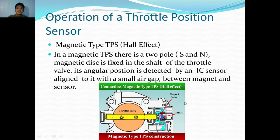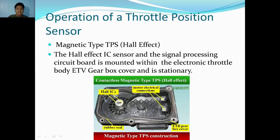So the magnets are actually connected to the throttle valve, and the throttle valve is the one that moves, so the magnets move along with the throttle valve. So it means that the Hall IC sensor is the one that is stationary. And we will read it here in the next slides. The Hall effect IC sensor and the signal processing circuit board is mounted within the electronic throttle body, ETB gearbox cover, and it's stationary. So as I've said earlier, the Hall IC is stationary while it's connected to the gearbox,